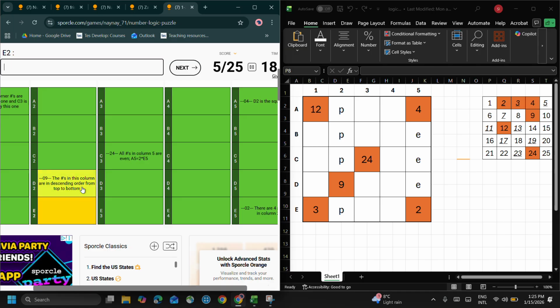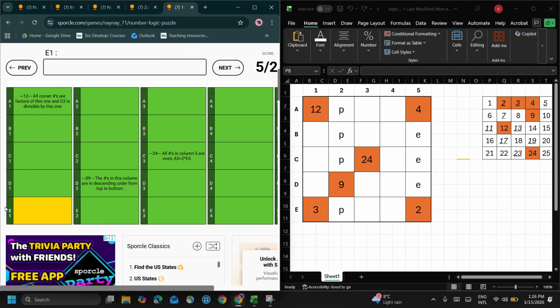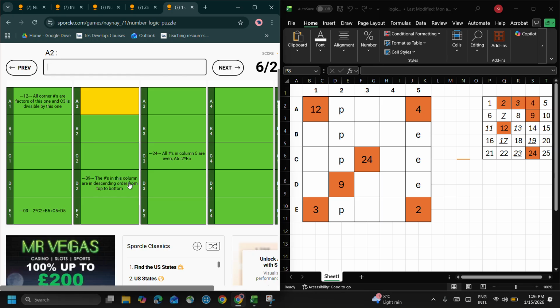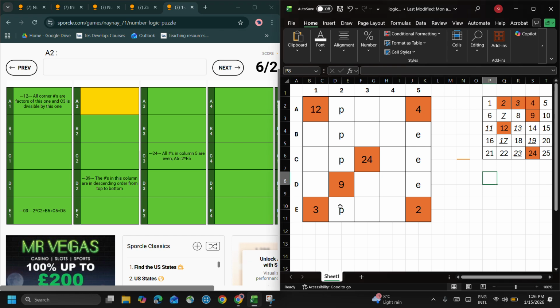But we can write in the 9 because we've got that, and the 3 as well, and we can read these clues. The numbers in this column, so the second column, are in descending order from top to bottom, so they're going down top to bottom. So in other words, this is a prime that is less than 9, and this is a prime that's bigger than 9, and then bigger than that one, bigger than that one. So that'll help us. So we want to just put descending,